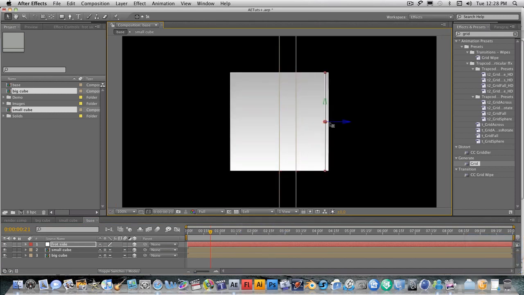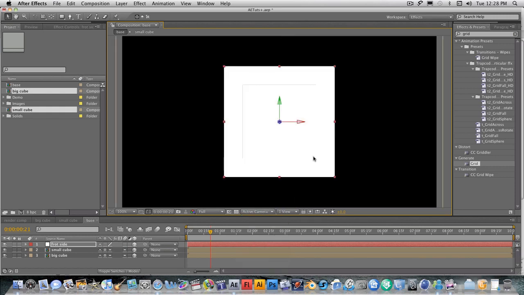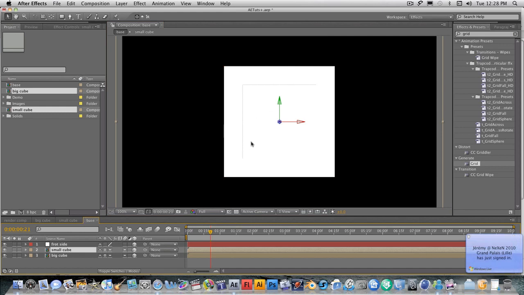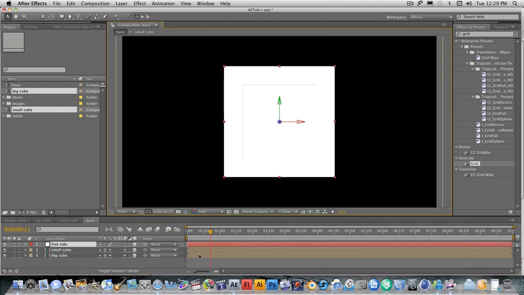Move it on C space until you reach the front of the big cube. Then go back to the active camera view, and as you can see, the small cube is kind of showing right into our front side solid. So this is going to help you to